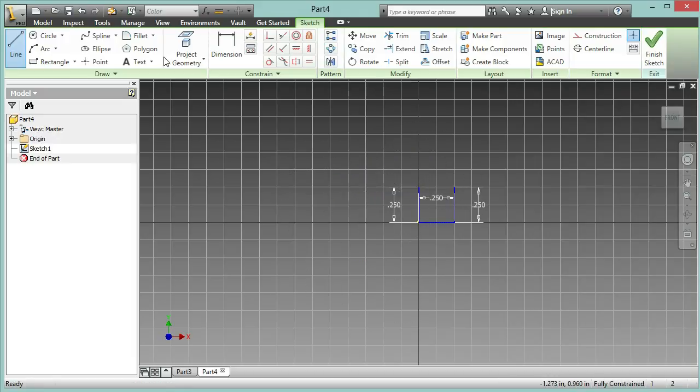And now you'd want to go up on the right side 1.5 inches